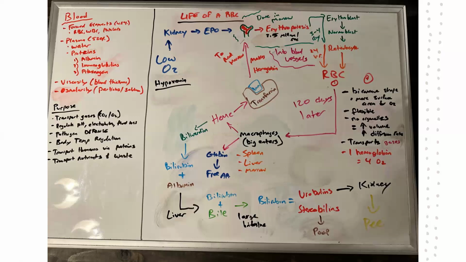And this red blood cell's only purpose in life is to carry oxygen and CO2. What's very unique about red blood cells, or what makes them special, is they have this biconcave shape, which increases the surface area for carrying oxygen. They're also able to kind of twist around, and so